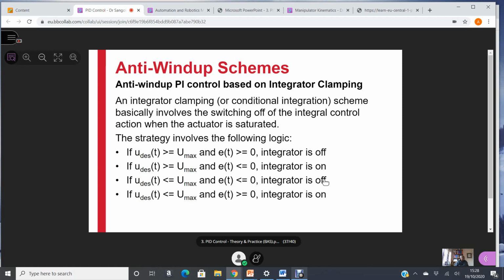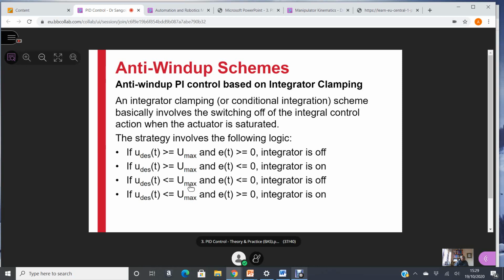We keep the integrator off. I think there's a problem with this. And these last two should be minimum. Can you please correct that in your notes? I overlooked. When the error signal is the error, the controller demand is below the lower limit of the actuator response, so